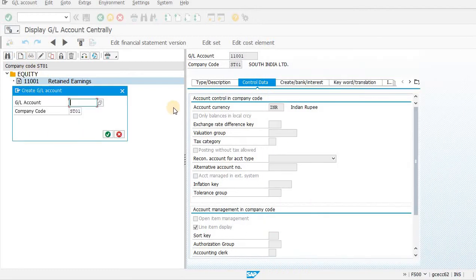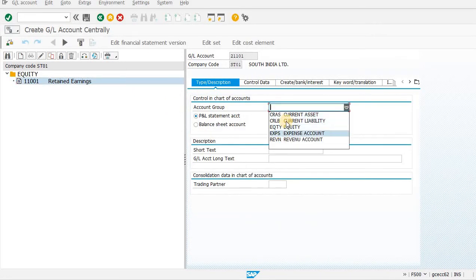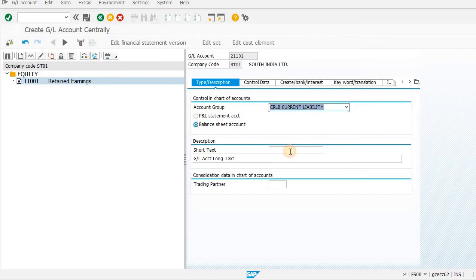So now we are going to create a liability account. To 1101. Now go to description. This is a balance sheet account. Now go to vendor liability.